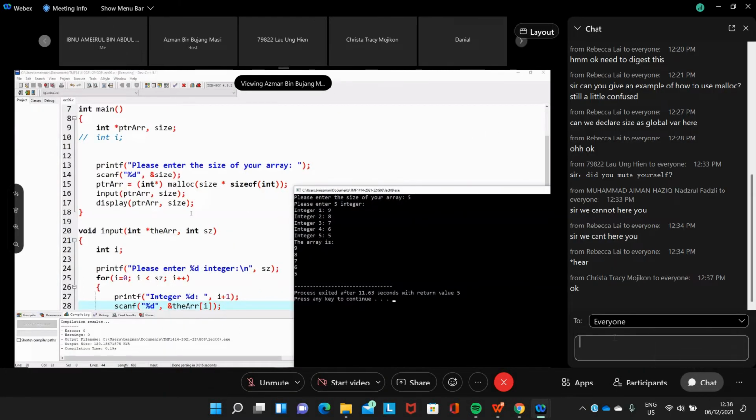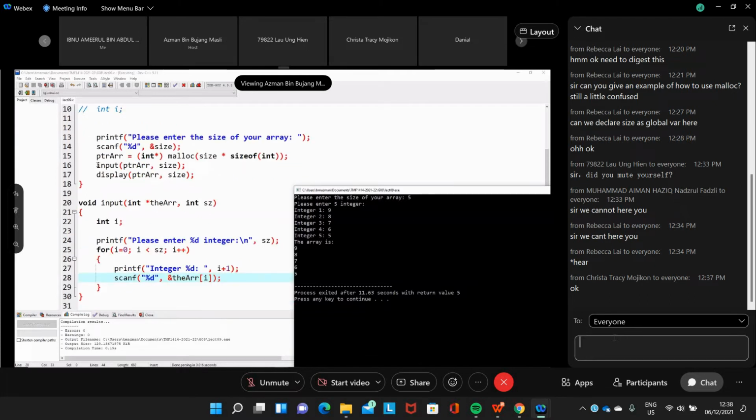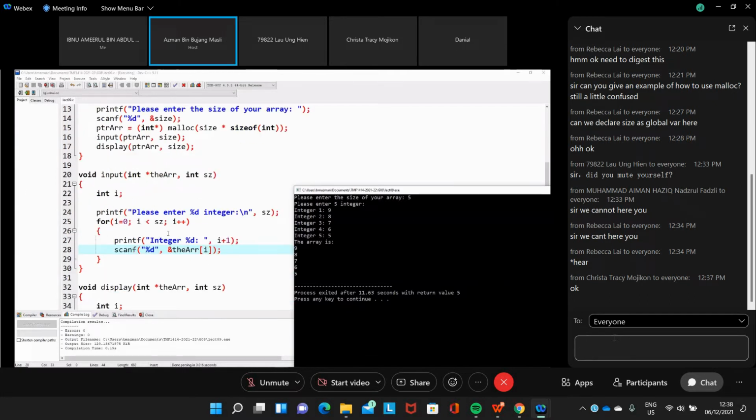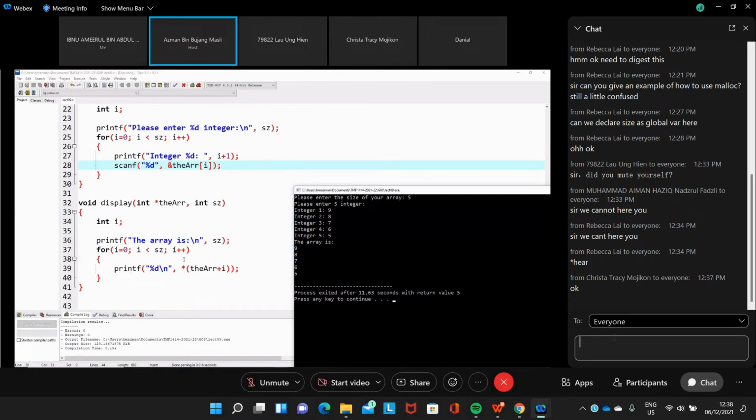And then, okay, if you look at the function here, we have two functions. Input array, we access the array element through the normal array notation. We use the pointer name together with the array notation, the bracket. So you understand this one, isn't it? We can access the array item in your array directly using the index. But on the second one, the display, we don't use the array notation to access the value, but instead we use the pointer to access the value.